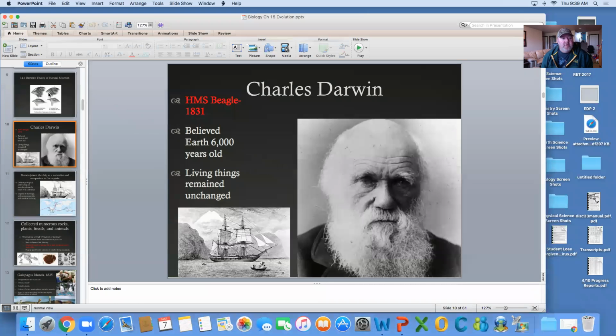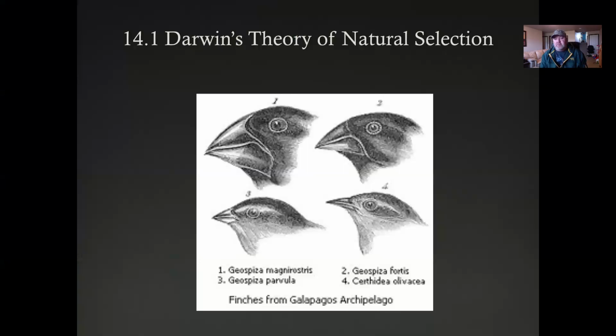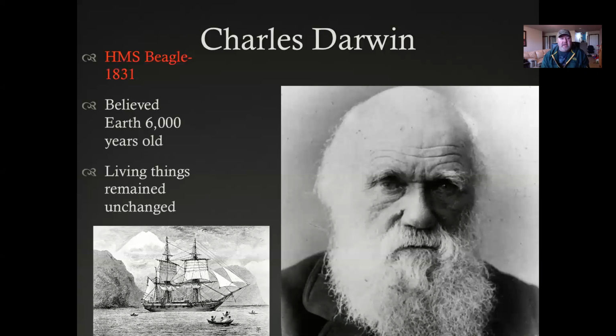All right, so the first section is about just some basic information about Charles Darwin and his theory on natural selection. Natural selection essentially is this idea that organisms that are better suited to survive in their environment are more likely to reproduce, eat, and find places for resources and water and habitat and things like that. That's what natural selection is all about. And some organisms are better suited for their particular environment than others. So just some basics about Charles Darwin.